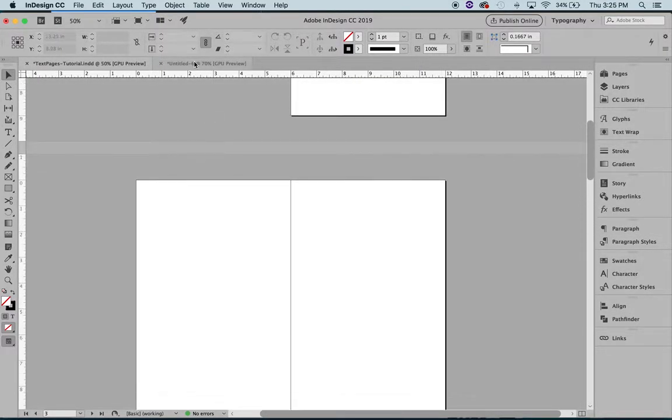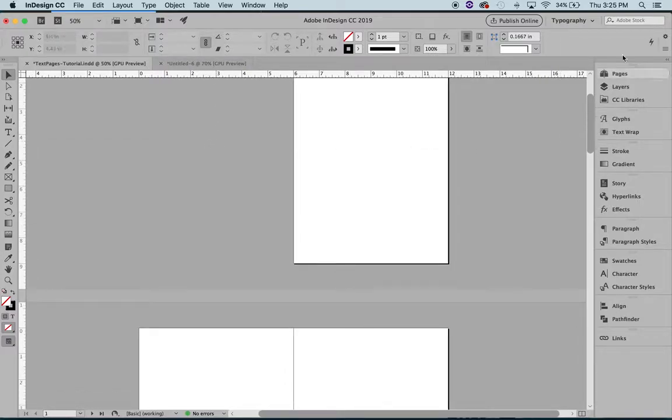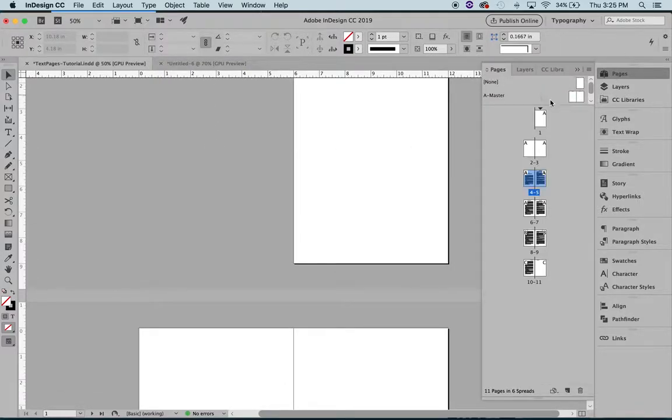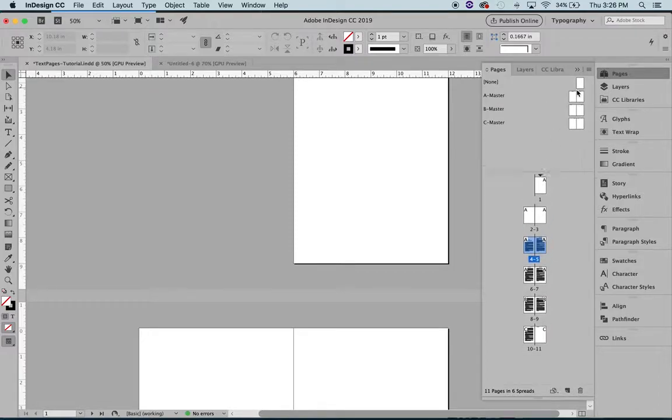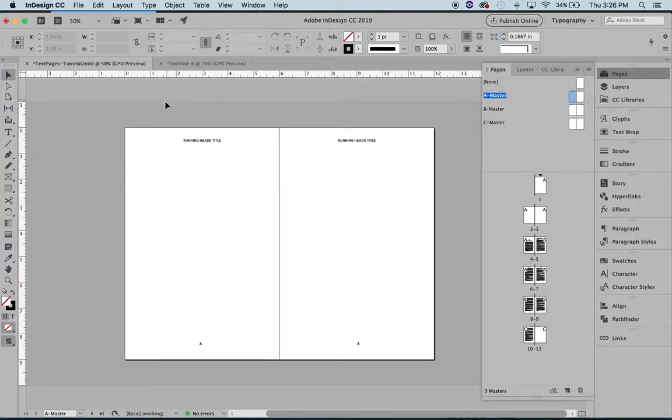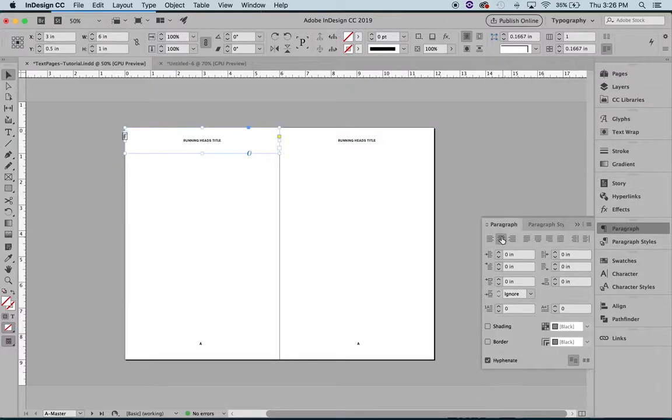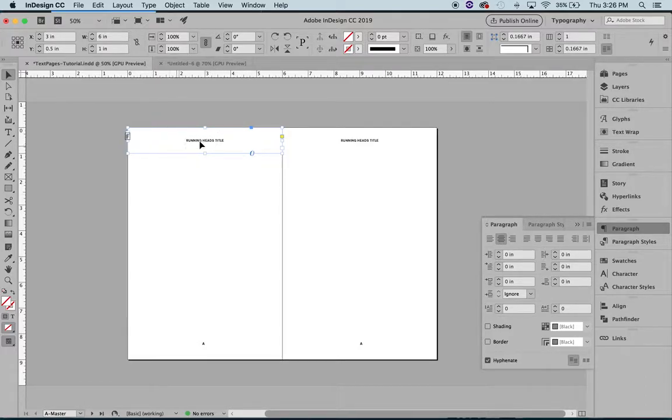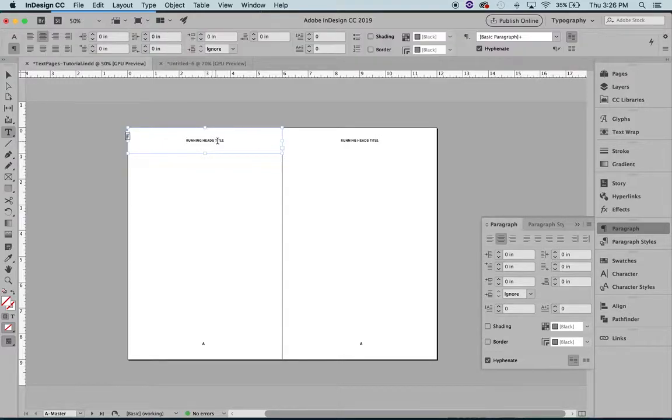So what we're doing to create those items on our master page is simply, when you open your document, it starts out with an A master. The only thing that will be in here is an A master page. So all I did is I went in there and I added 2 text boxes. And the nice thing here is if you make the text box go directly all the way across the page, and then in your paragraph palette you can see these are set to centered because they're centered on the page. It's going to always make sure that that type is, no matter how long it is. If I add more type here,